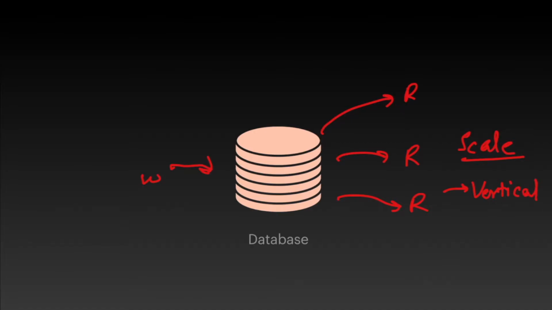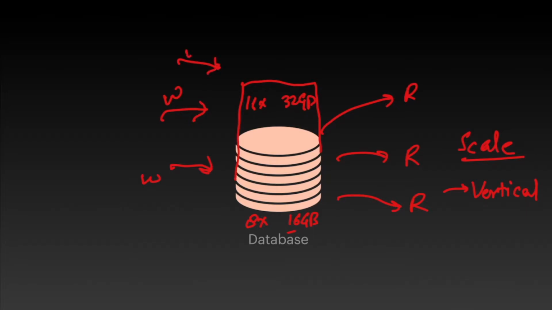So in vertical scaling we increase the resources of a database or a system. Earlier our system had 8 cores of CPU and 16 GB of RAM, and now we have an increased workload, that is, a lot of read and write operations. So we will increase the capacity of the database. Instead of 8 cores of CPU, we will allot 16 cores, and instead of 16 GB of RAM we will allot 32 GB of RAM. And if the read and write operations are further increased, we will increase the resources furthermore.